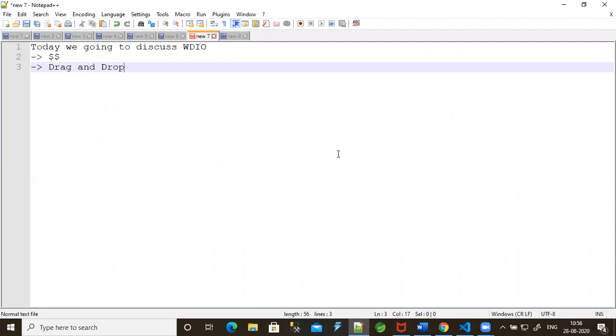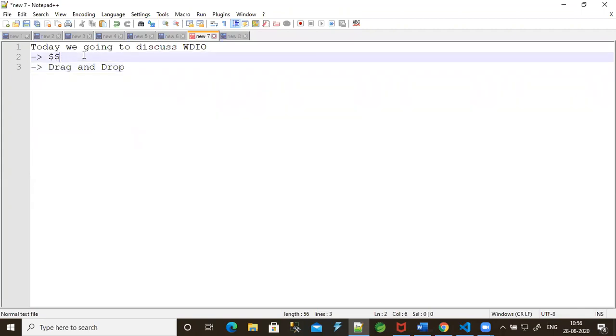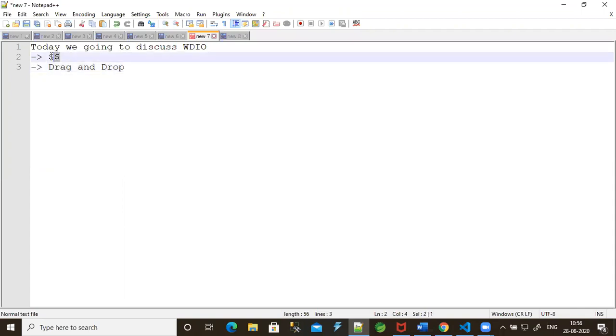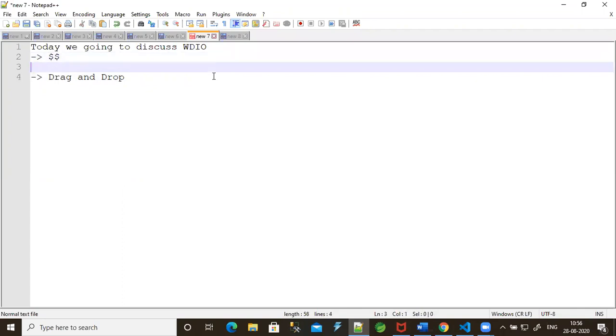In this session, we're going to discuss find elements, which is represented with a double dollar in WebDriverIO, and one more, the drag and drop method in WebDriverIO. The find elements is used as browser dot double dollar.